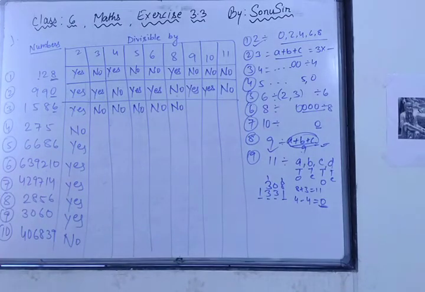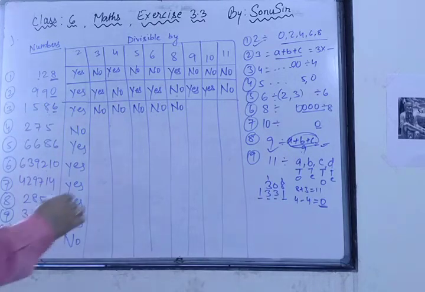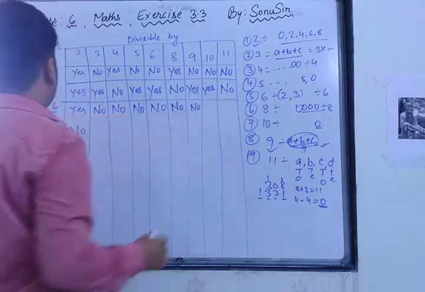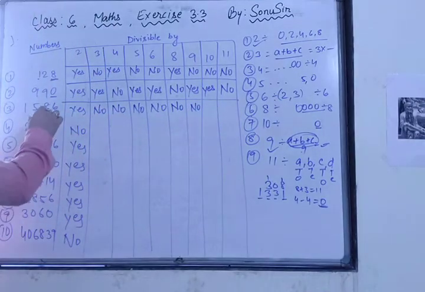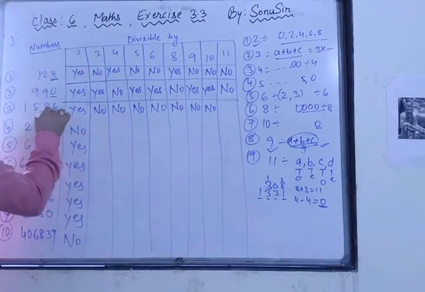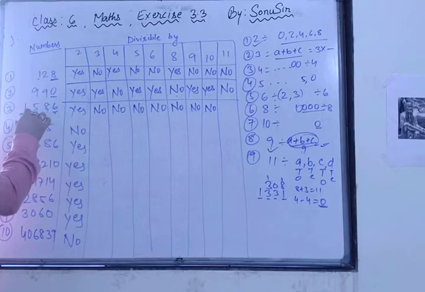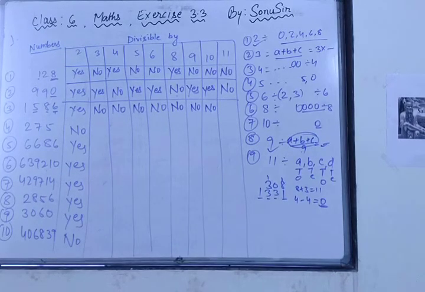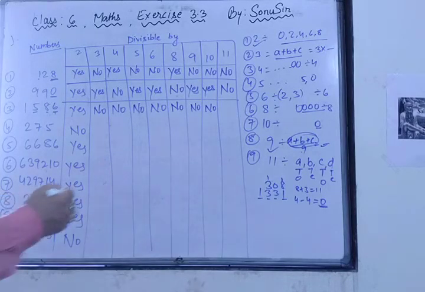Now let us check whether it is divisible by 9 or not. 5 plus 1, 6, 6 plus 8, 14, plus 6, 20. 20 is not divisible by 9, so it is not divisible by 9. What about the 10? It is not having 0 at its ones place, so it will not be divisible by 10 also. What about the 11? Just check the ones place and the even place. 6 plus 5, 11. 8 plus 1, 9. 11 minus 9, 2. 2 is not divisible by 11. So definitely it will not be divisible by 11. Got it? So I hope all of you are understanding.